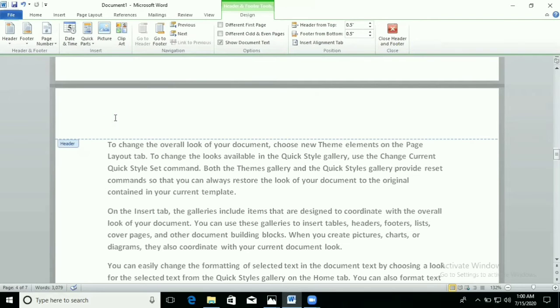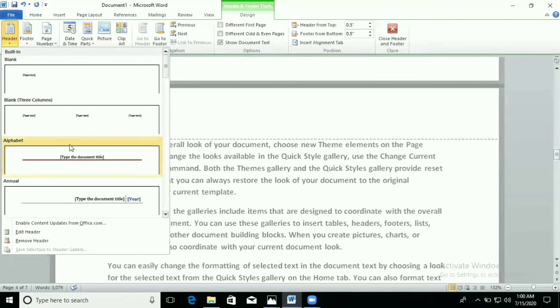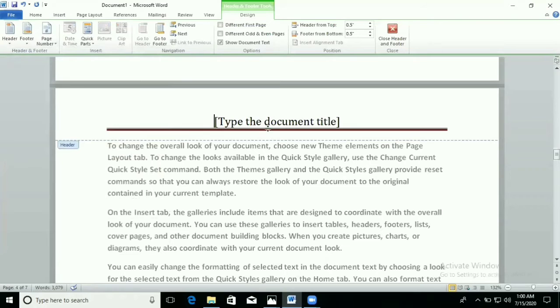For example, I want to write it as BPS. According to our requirement, we can change our header or footer. You can write anything, whatever you want to write. This is the one method.